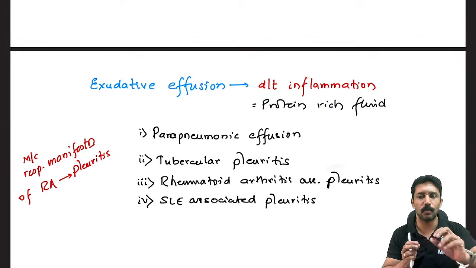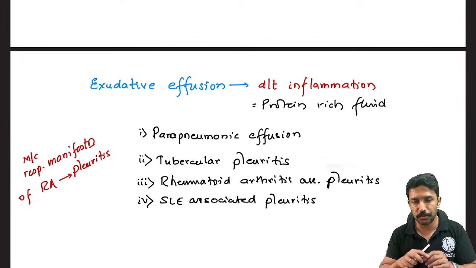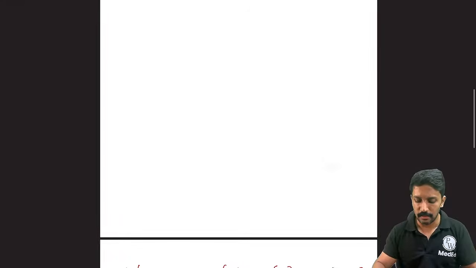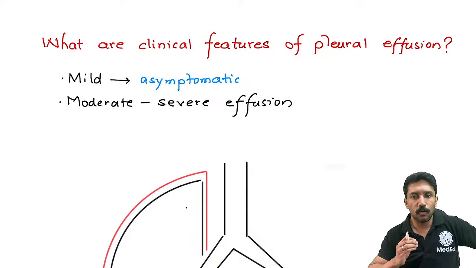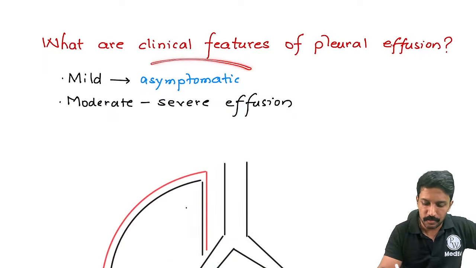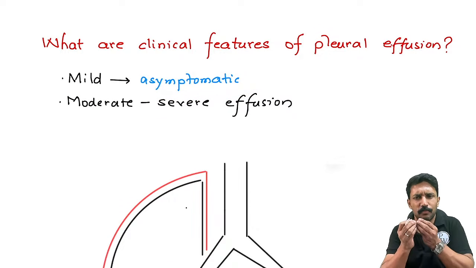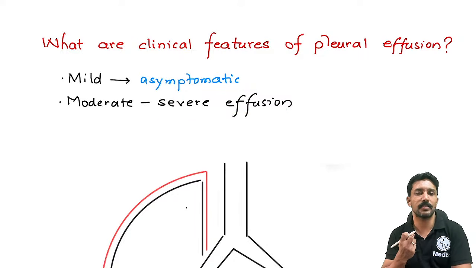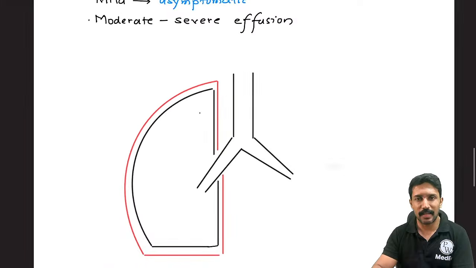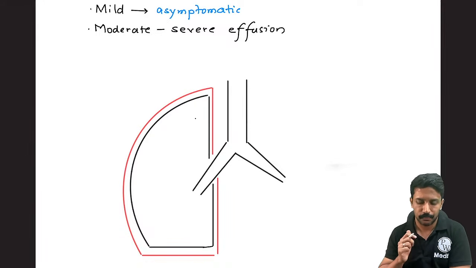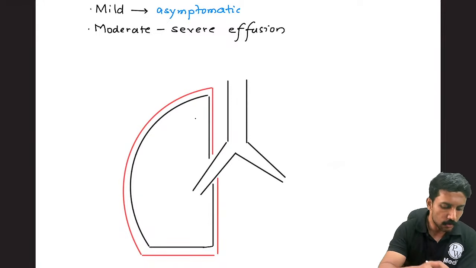Now, whether it is because of imbalance in hydrostatic pressure or oncotic pressure or the inflammation, fluid is accumulating in the pleural space, and the patient will present with some symptoms related to that. So let's see what symptoms they can present. If there is only a minimal quantity of fluid accumulated, the patients will generally be asymptomatic, because it is only a little fluid, it's not going to cause any compression. But if there is massive effusion, we will definitely get symptoms. What symptoms are we going to get? We'll try to understand that by looking at what happens with the fluid accumulation. So now you tell me, when fluid is accumulating,